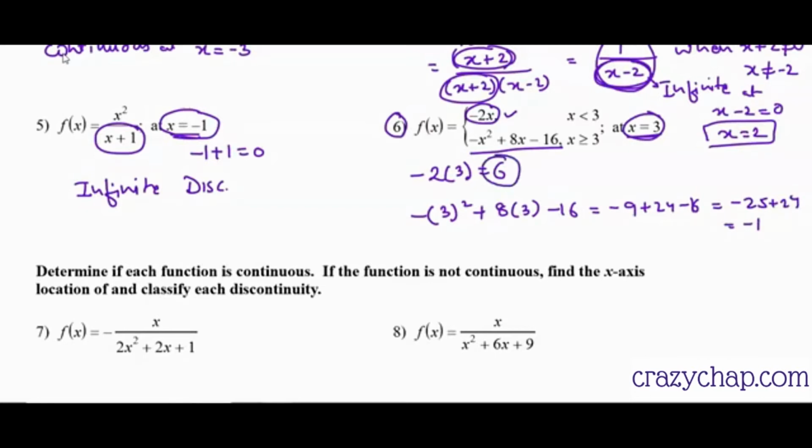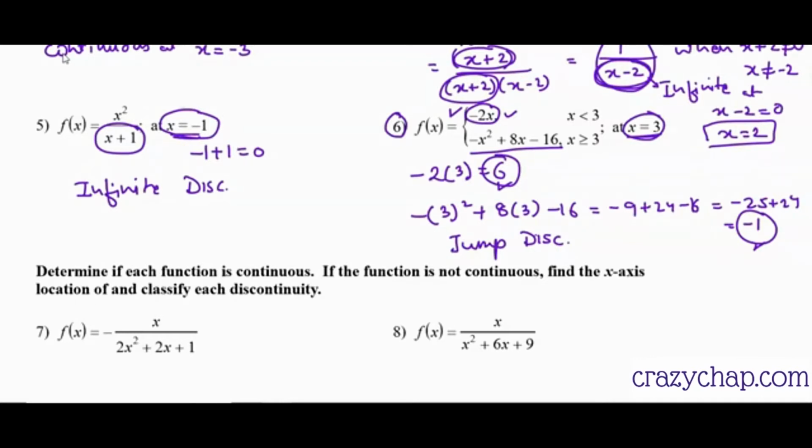So this value and this value are not the same, hence it is discontinuous. And what kind of discontinuity is this? It is the third kind of discontinuity, which is called jump discontinuity. We'll understand by graph why it is jump discontinuity. At the same point x equal to 3, the first part of the function gives y value as 6, whereas the second part gives y value as minus 1. That is why the function is not continuous at 3, and that discontinuity is called jump discontinuity.